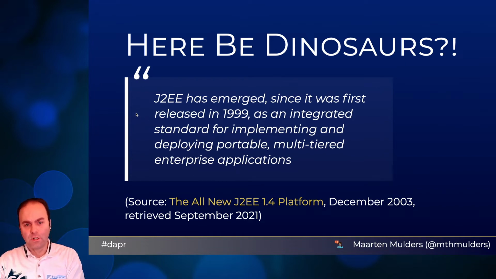But historically, Java EE or Jakarta EE has always focused on providing abstractions for specific technology so that applications can become portable. We can easily port them from one database to another, from one message broker to another, and so on and so forth. Sounds great, but it's not going to solve this problem for us because this is not about two pieces of technology that are roughly the same, one database or another. It's about a key value store versus a database versus something else.